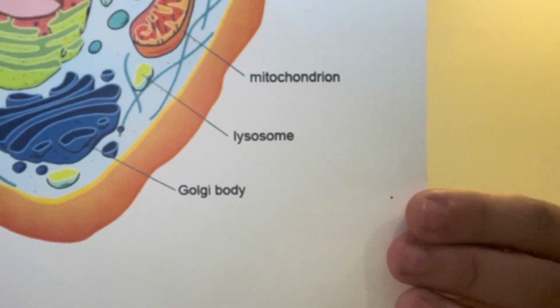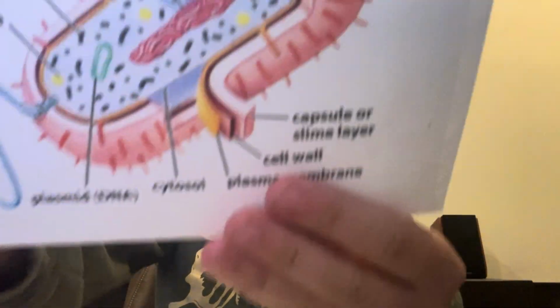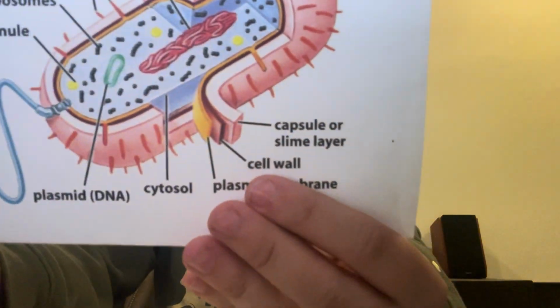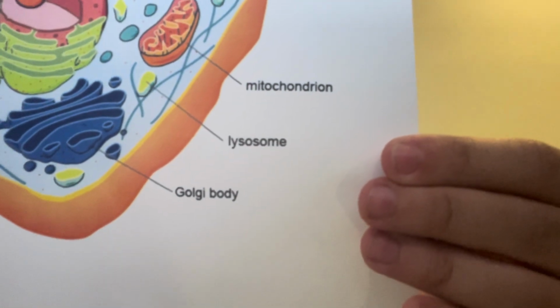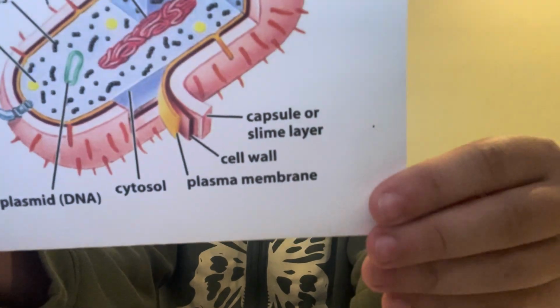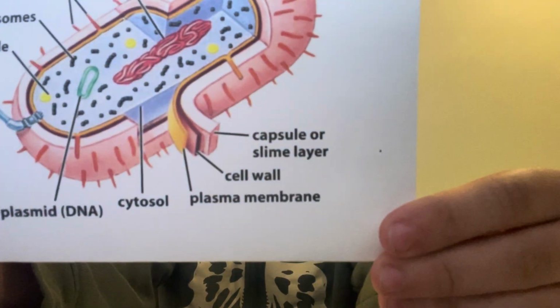First, I will be comparing and contrasting eukaryote cells and prokaryote cells. I have these diagrams. This is a prokaryote, and the last one I showed you was a eukaryote. First, I'm going to be going into the differences and what some may lack and what some may have. The first one is that a eukaryote cell has a nucleus right here, and however, the prokaryote cell does not. That's probably going to be the biggest difference, at least to me, is that one lacks a nucleus and one